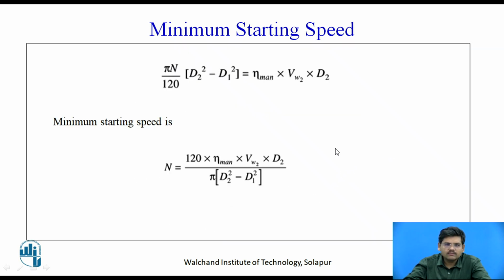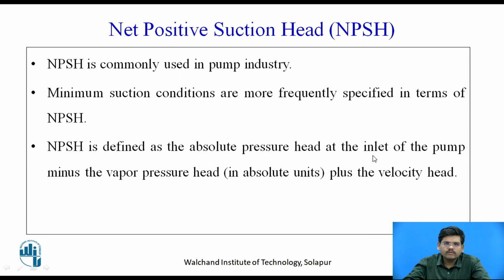Simplifying further, we have minimum starting speed n is equal to 120 into manometric efficiency into velocity of whirl at outlet into d2 upon pi (d2 square minus d1 square). So this is the minimum speed that is required to run a centrifugal pump or to have a proper suction and delivery of the fluid. Now moving further,